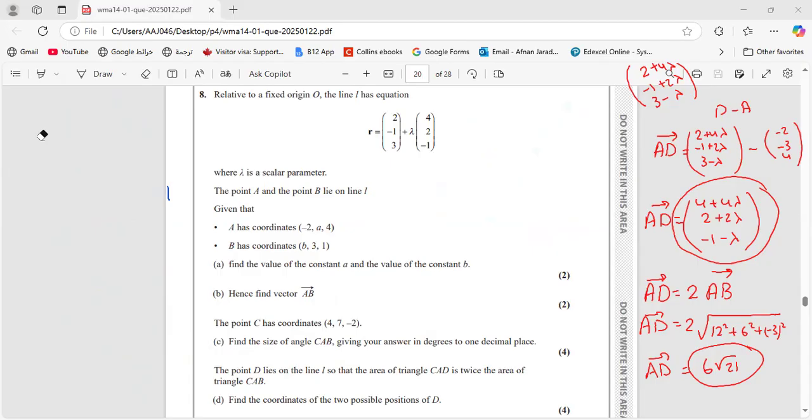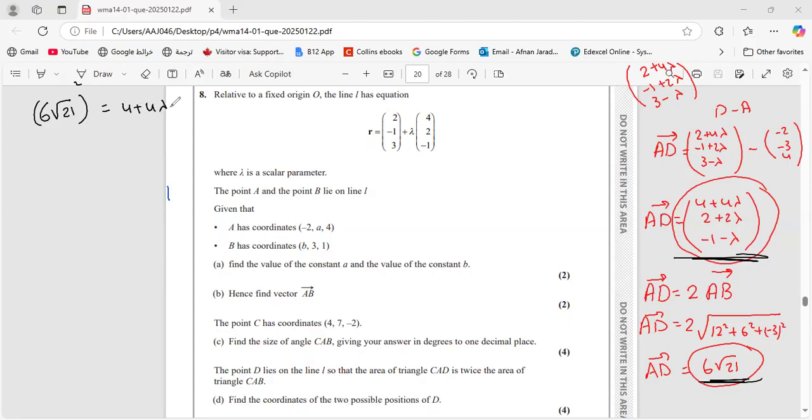So now to find possible positions of vector D equals to what? I need lambda equals to what? And the two possible positions of lambda, so you will have two lambdas to find this one. So AD equals to this one, and AD equals to 6 square root of 21. So 6 square root of 21 squared must equal to